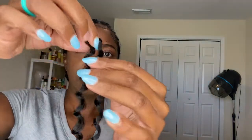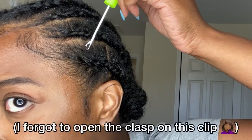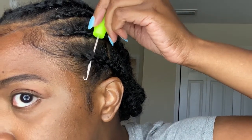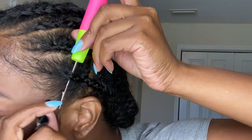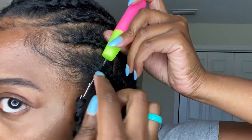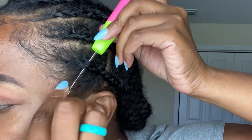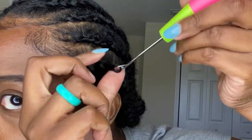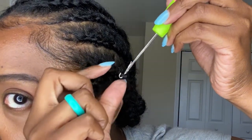But I went in a downwards motion with the crochet needle and just did what the tutorial said to do. So I'm going to show you right now. I'm demonstrating putting the hair through the loop, putting the hair onto the hook, and then I'm going to close the clasp right here, pull it through my hair about an inch out, open that clasp, take the hook off